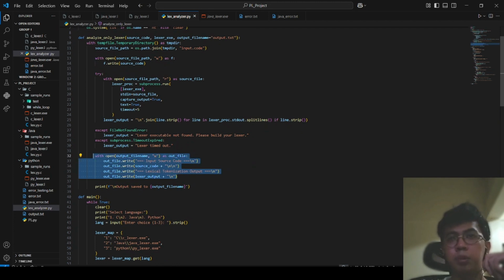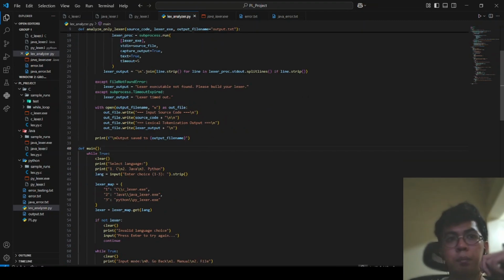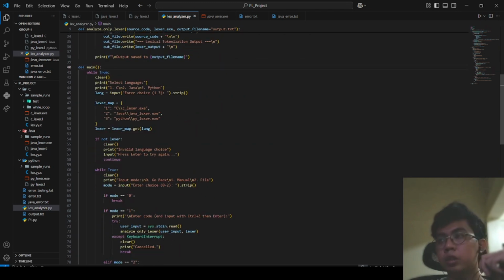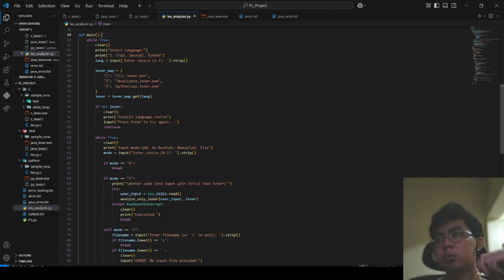Now this one is responsible for the formatting on the output.txt, and for showing what file name the output was saved to. Now this is the main function, the main program responsible for the actual flow, and the error handling is also included in here.